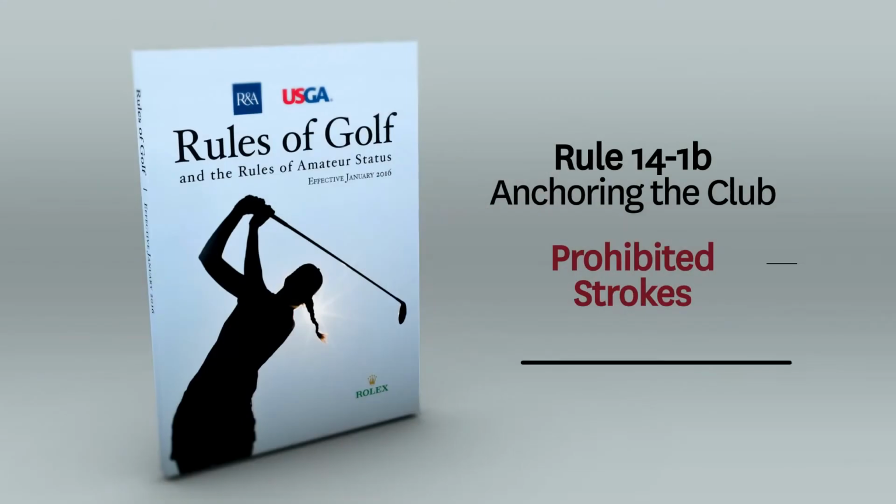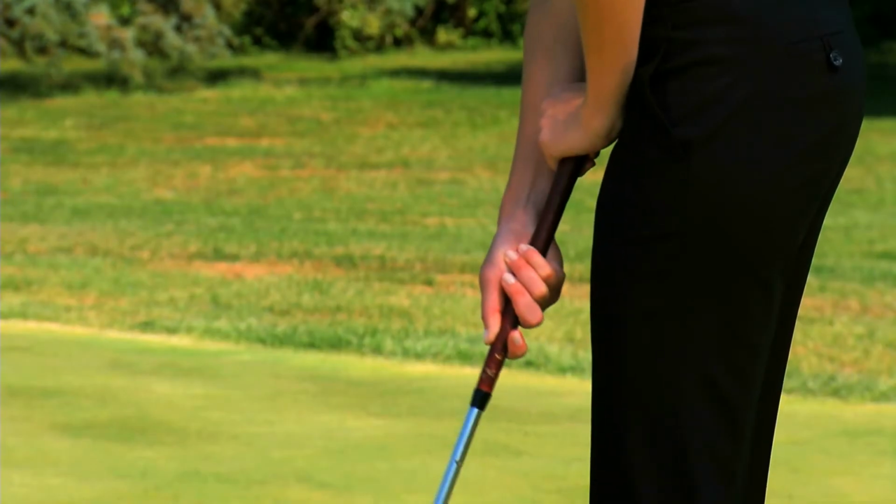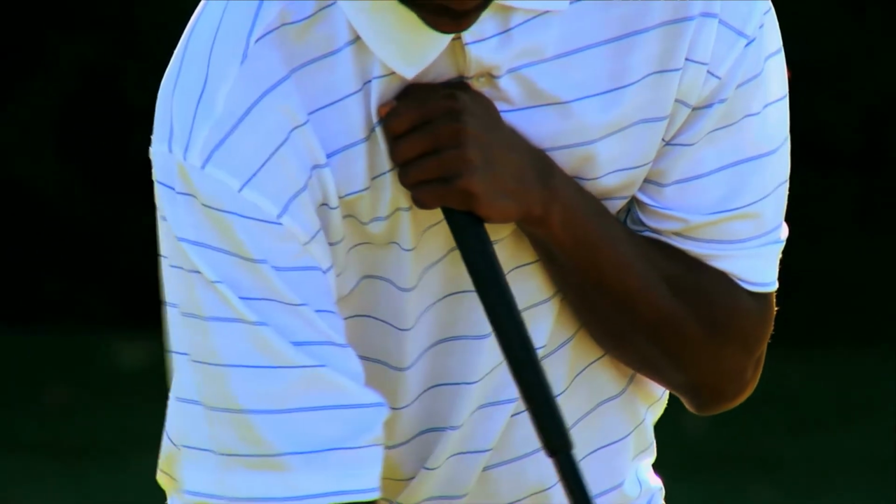While there are a variety of grip styles, putter types, and swing methods permitted under the rules, there are only a few types of strokes that Rule 14.1b prohibits. Here are strokes prohibited by Rule 14.1b because the club or the hand gripping the club is held intentionally in